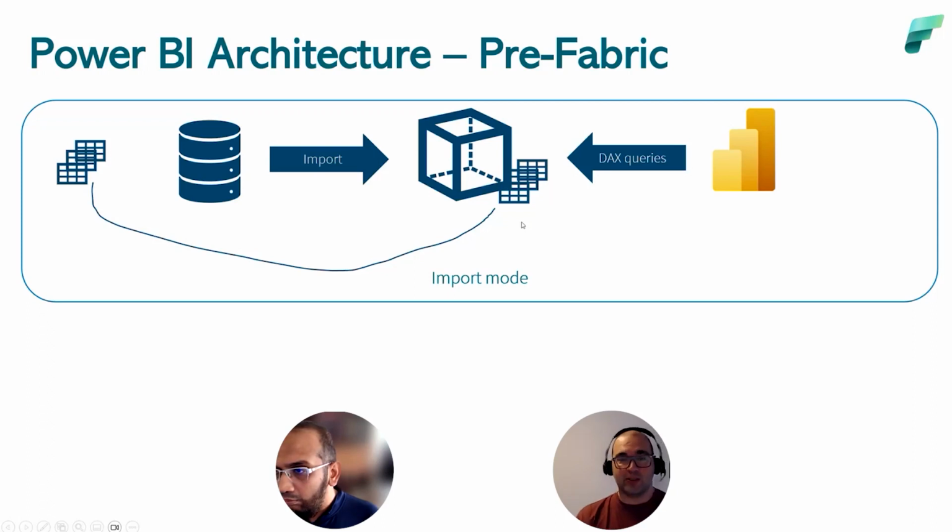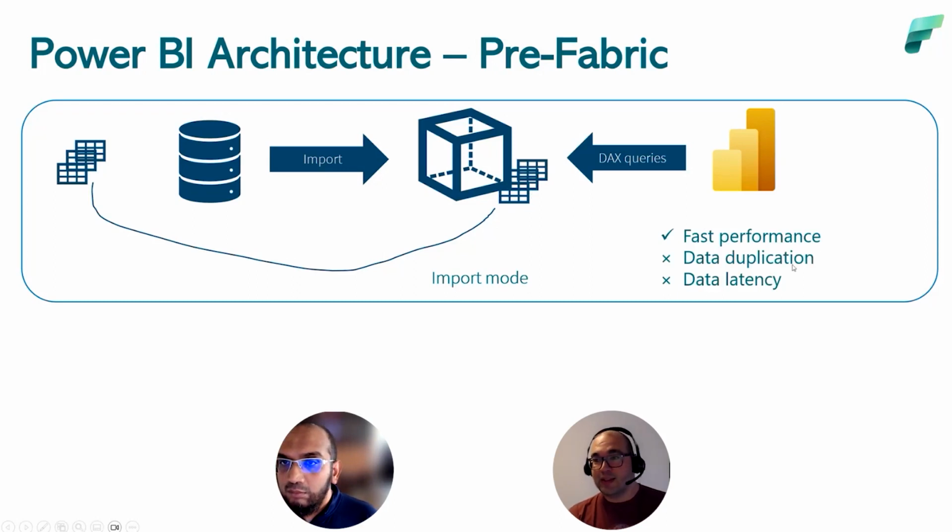I put a cube here. This is an analysis services instance, and we store the data in the instance of analysis services. And from there, Power BI sends DAX queries and queries the data from this analysis services. And whenever we need fresh data in our semantic model, we need to go back to the data source. So we need to follow this line here and refresh the data that is stored in the analysis instance, so to have the latest data. This approach has its greatest benefit in providing really blazing fast performance because the data is